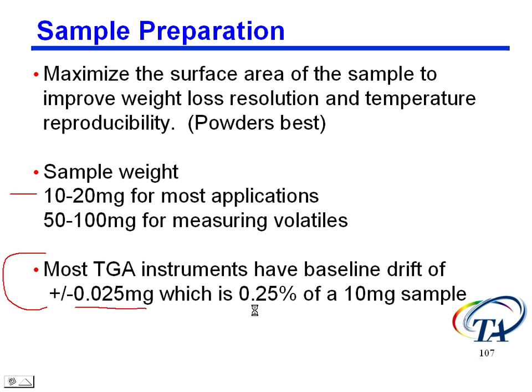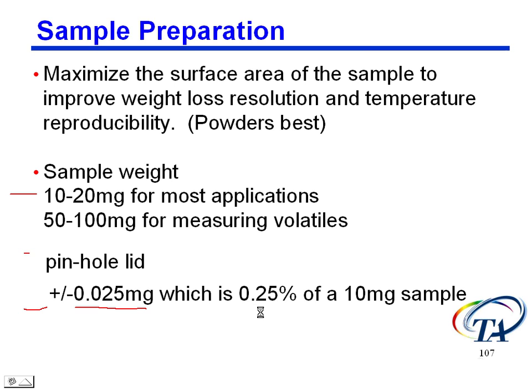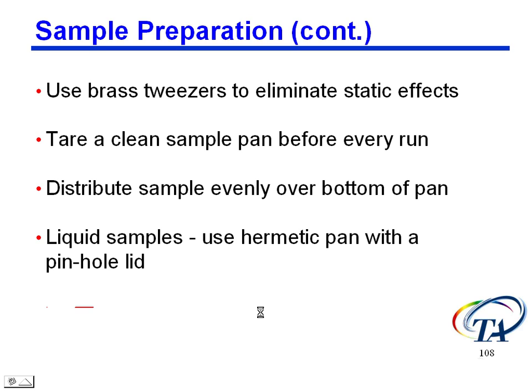Other sample preparation tips: generally we use brass tweezers to eliminate any static effects. You always want to tare a clean sample pan before every run. Distribute the sample evenly over the bottom of the pan, as I mentioned earlier. If you're using liquid samples, one thing you might try is a hermetic DSC pan with a pinhole in the lid. That will allow the sample to come out of that, but it still keeps that